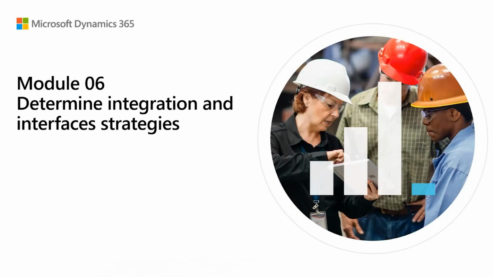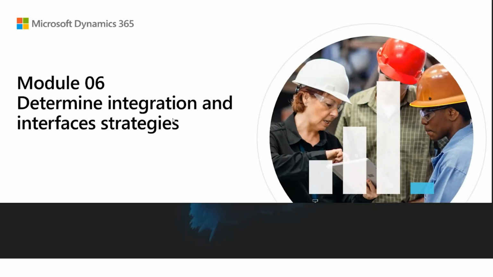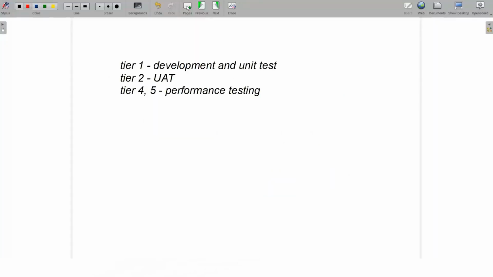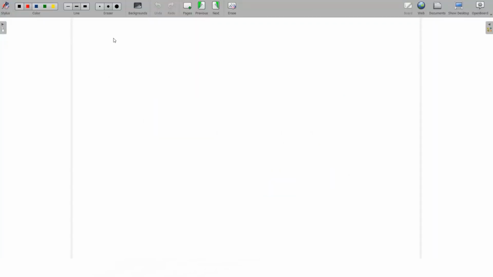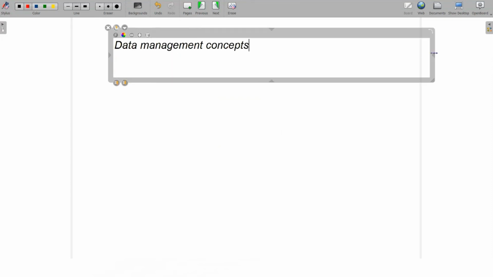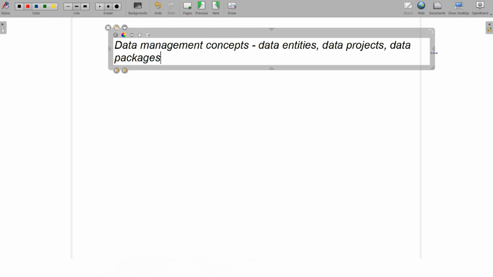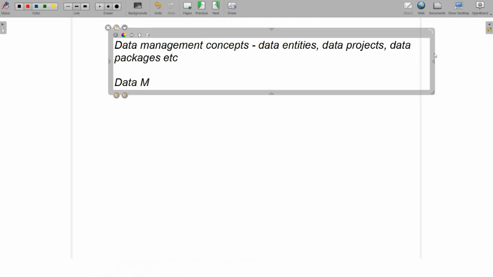With that said, we are done with the fifth module. In this module, we discussed data strategy. First of all, we talked about various data management related concepts, which include data entities, data projects, data packages, etc. We have talked about the data management framework